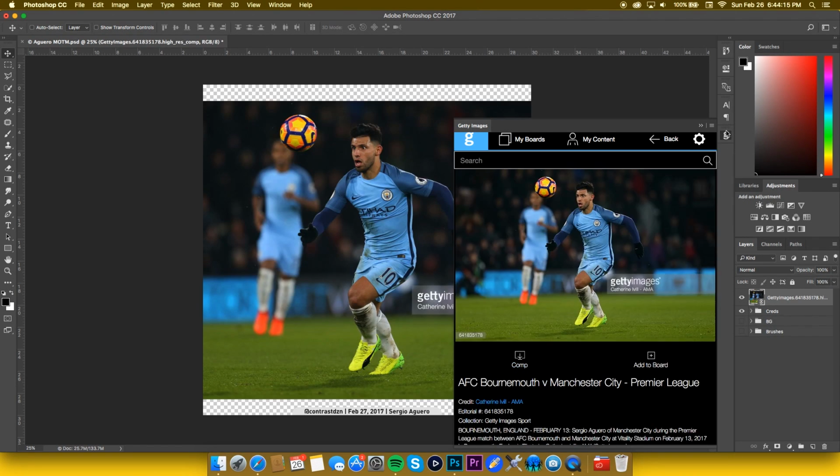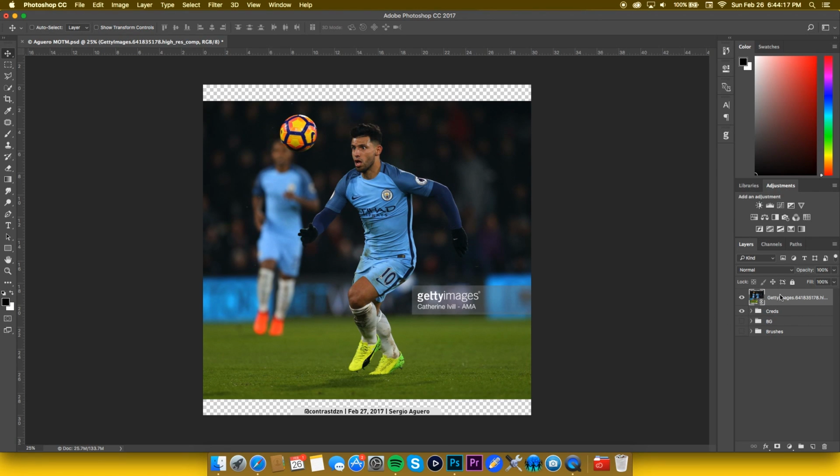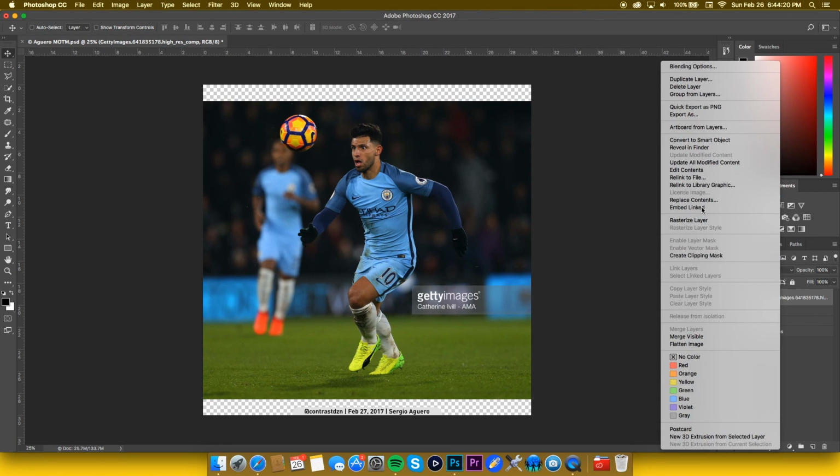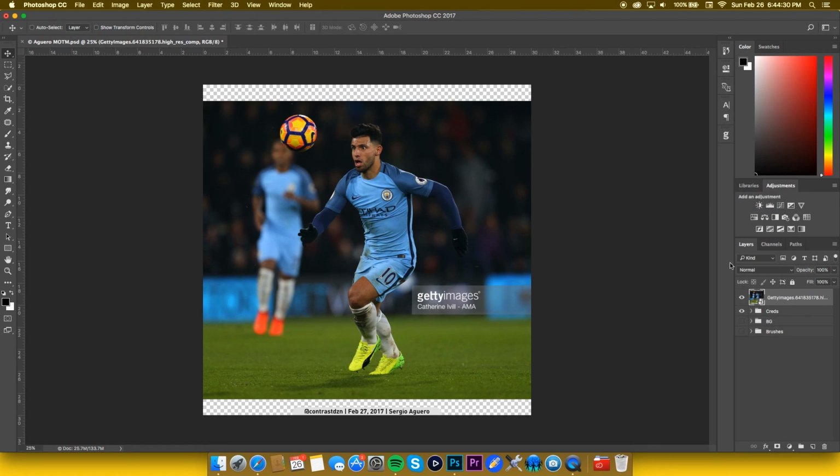And now, as you see, there it is. So the first thing you want to do is do embed linked. That means if you ever go to a different computer and use Photoshop, the embed linked means that you won't lose this photo and it will always be as part of a Photoshop document, not as part of your computer. Next, what I like to do just to keep organized is title this one Aguero base,